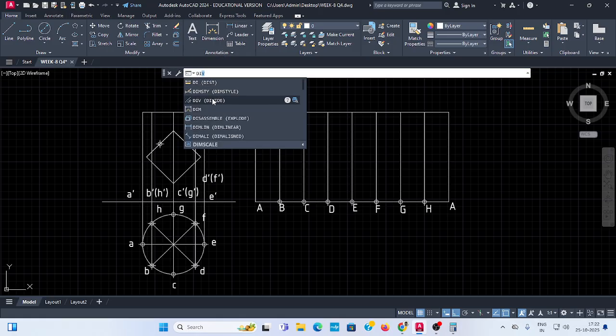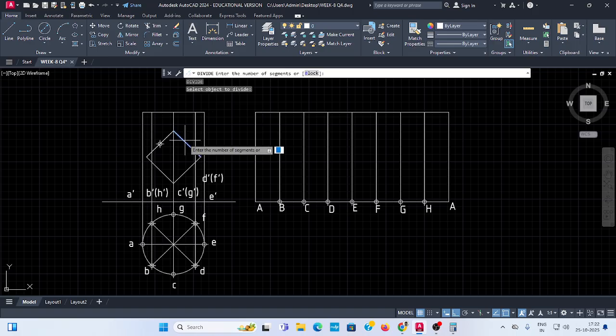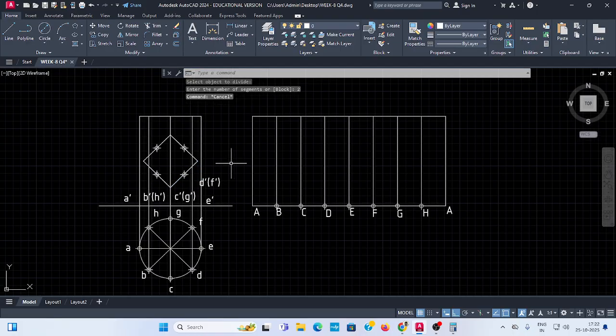Divide this line into 2, enter. I draw one more line here. Okay. Divide this line into 2 segments, enter. Enter this also 2 segments, you have to divide. Okay. Divide like this. Okay. Next,